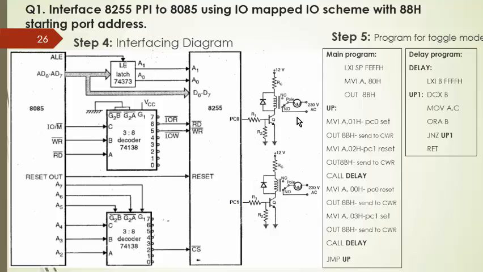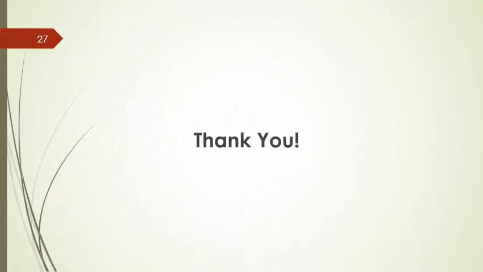So here you will get the outputs of PC0 and PC1 in infinite mode, that is 0101 kind of output from PC0 and PC1, and bulb on and off kind of output from the transistorized driver circuits. So in this way you have to interface